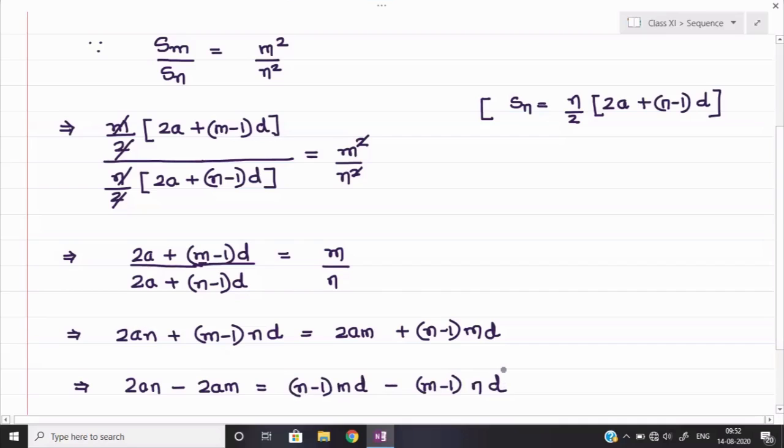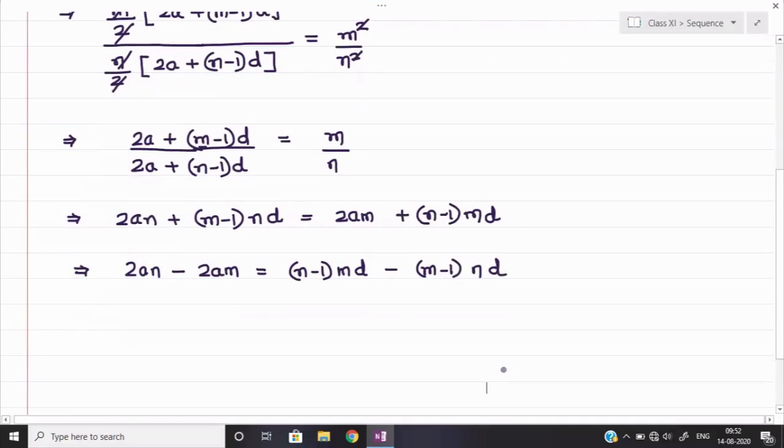Okay, now from the left hand side we can take 2a common. So let us take 2a common here. 2a would be common, remaining will be here n minus m is equal to, here I am taking d common, and as I am taking d common, along with that I am multiplying the m and n in the respective bracket also. So this will become mn minus m minus mn and then plus n. Sign also I have multiplied. Here mn and mn got cancelled.